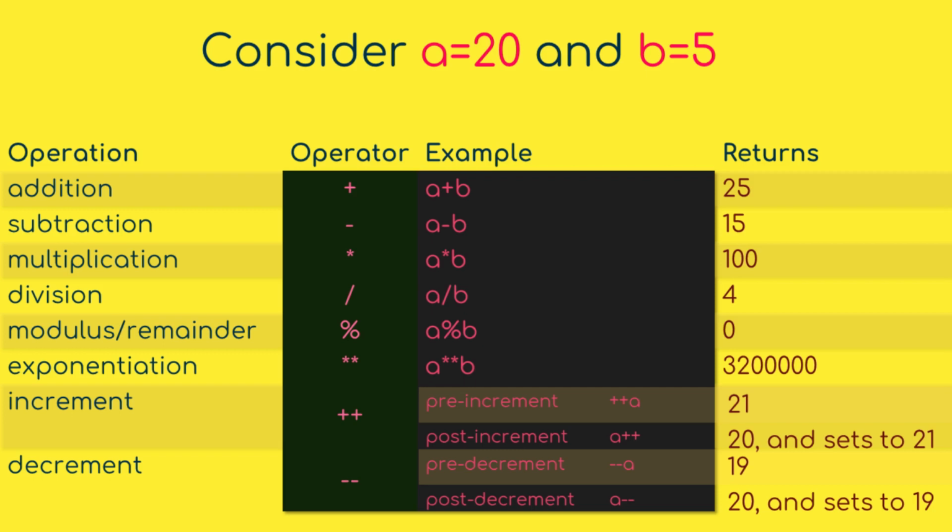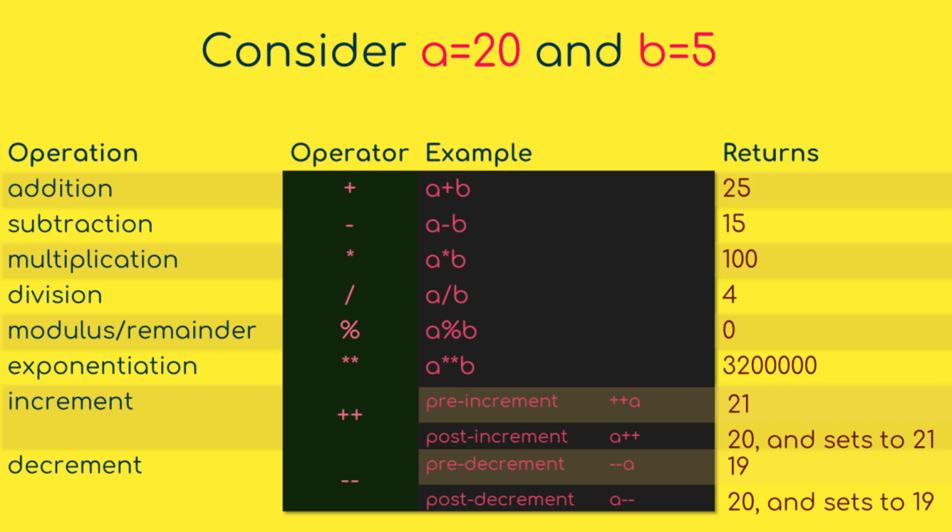Arithmetic operators support various mathematical operations such as addition, subtraction, multiplication. In case of division, there are two operators. The forward slash operator for the division. Also we have a modulo operator or the percentage symbol which will return you the remainder value when two numbers are divided. There is also the exponentiation operation which is indicated by a double asterisk and the increment and decrement operators denoted by a double plus and double minus operators respectively.